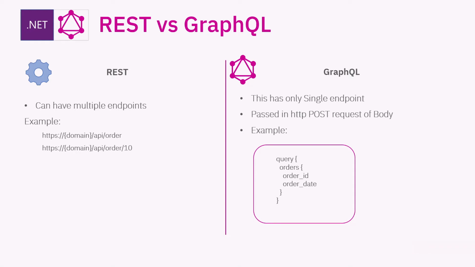On the right hand side we have a GraphQL query. We will have only a single endpoint. We will always pass a POST request to this GraphQL endpoint, and here is the query structure of what we will ask for. For REST we can have GET, POST, PUT, DELETE, but for GraphQL we have only a POST